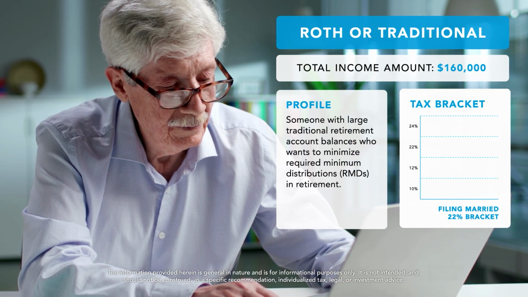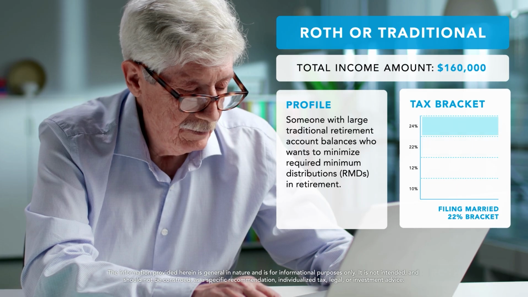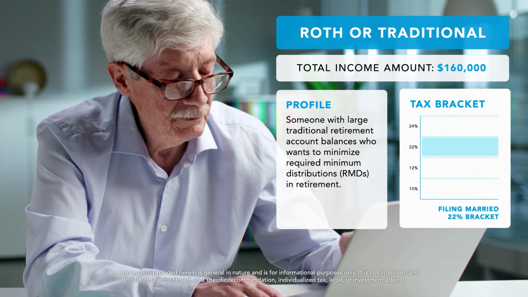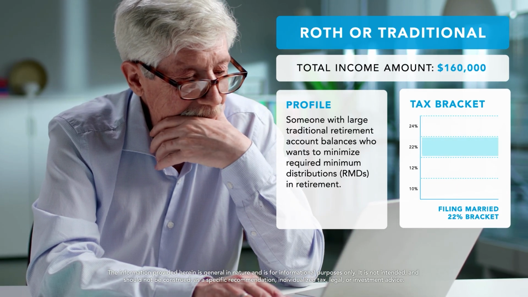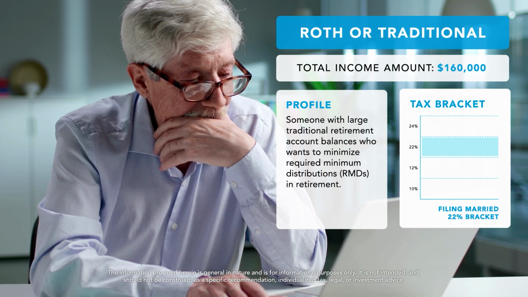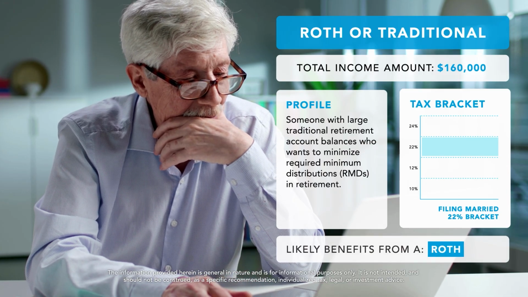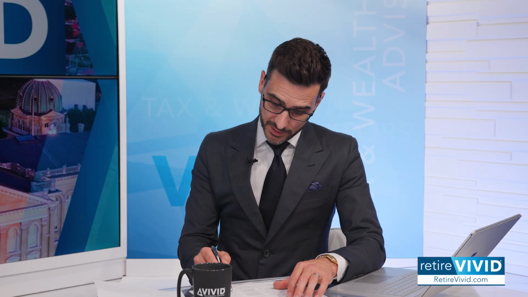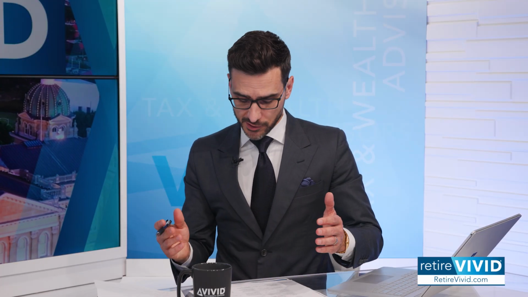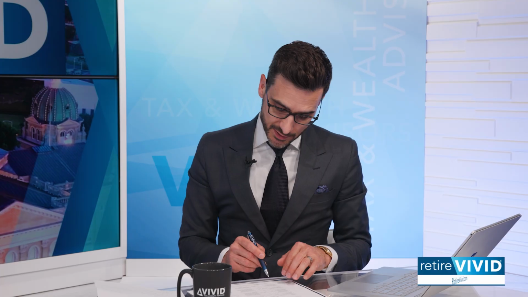They're currently paying 22%. They may go to the 24%, right? Based on the assumptions in that example, they're going to be paying a higher tax rate later. So taking that money out from the traditional later is at a higher tax rate than taking the deduction into the Roth now. Yeah, so the Roth would make sense in that case. Potentially look at Roth conversions.